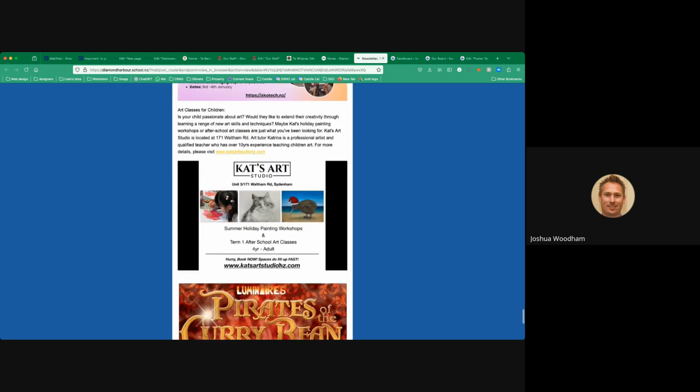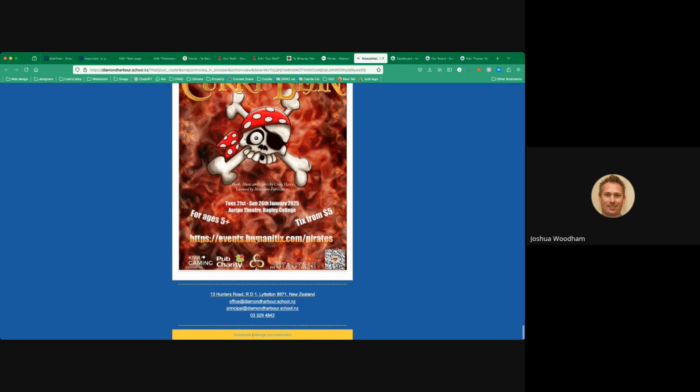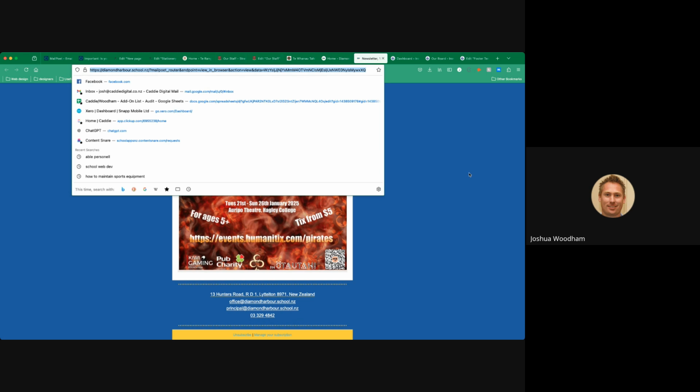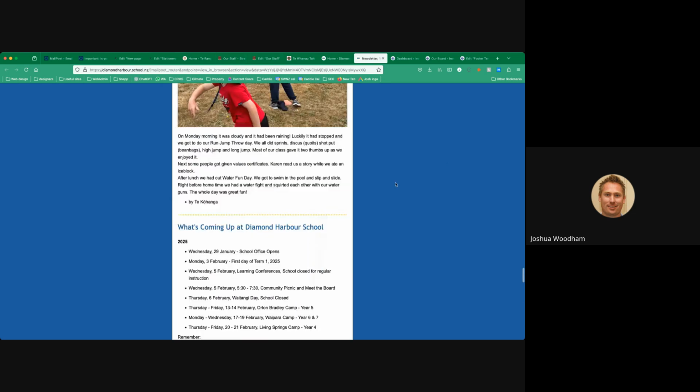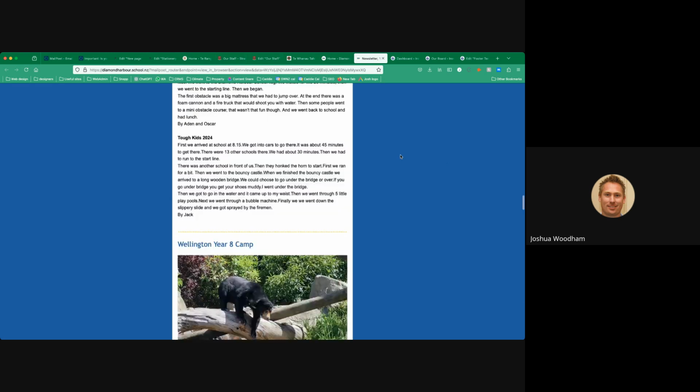So you can load up a list of email addresses and send it out via email. It publishes automatically to your website. You can put it on your Facebook page, because it's just a website address. You just copy the website address and paste it to wherever you want it to go. If you've got the school app, it'll go automatically to the school app, but you could put it on School Loop, Hero, Kama, ETAP, all these types of things as well. So there's an extra cost for that. Another thing,